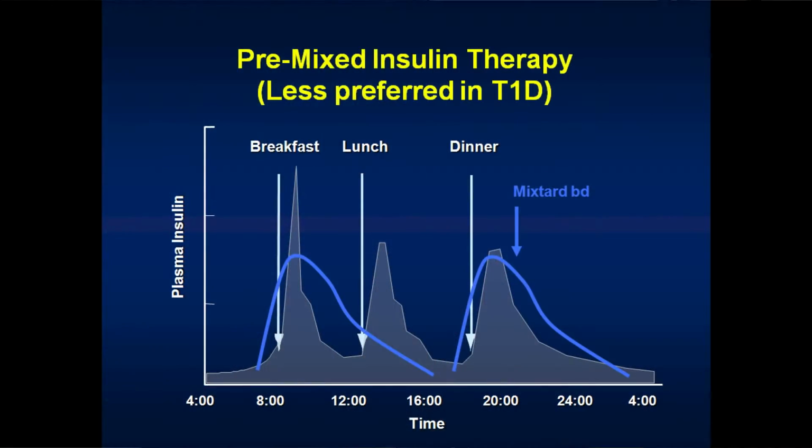The less preferred therapy is with the use of pre-mixed insulins twice daily. Unfortunately, in countries like India, this is the most prevalent treatment for type 1 diabetes. One, because of poor resources, and second, because of convenience. It is very hard for doctors to administer and advise the recommended therapy, since the children going to the schools and colleges would prefer not to have a shot in the afternoon, and the doctors are forced to prescribe